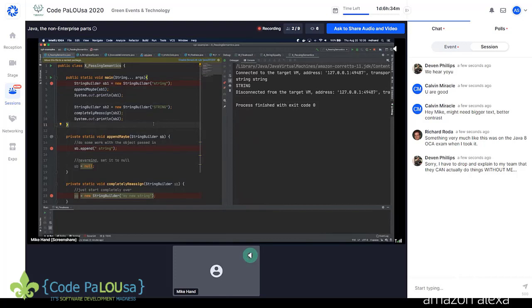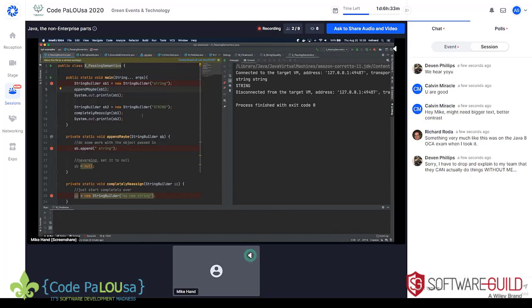So what happens is our string builder is being passed in here, but when it comes into this one, it's pointing at the same place. We're appending string, and then we're saying, you know what? This local one, this SB here, this string builder SB, I want to tell that to now point to a different place in memory. No. The one that was passed in is still sitting out here. It's been modified, and it's still pointing to the same place, to the same string builder object in memory that's been modified, and that pointer hasn't been changed.